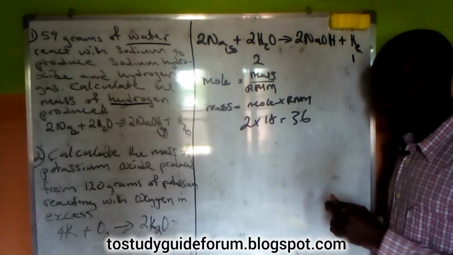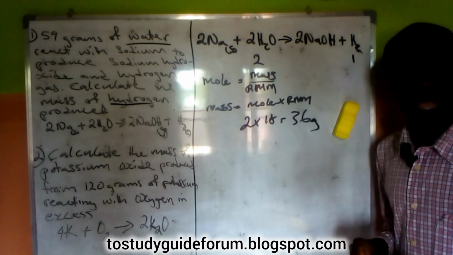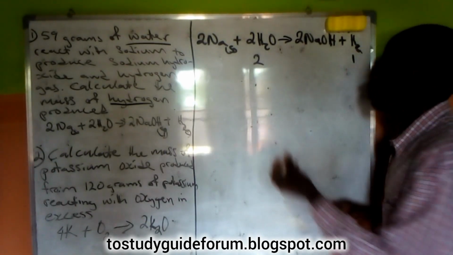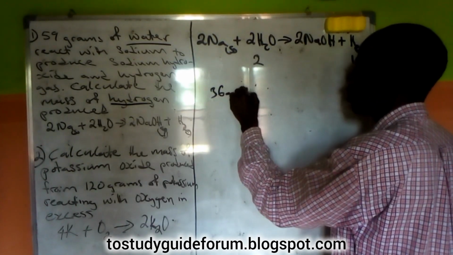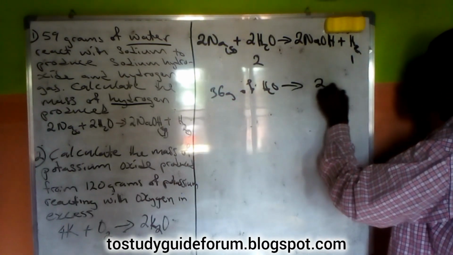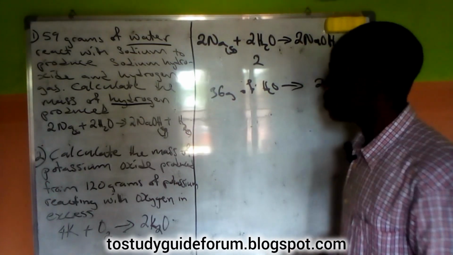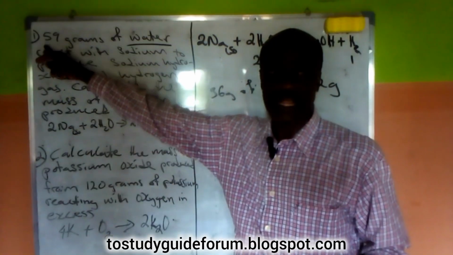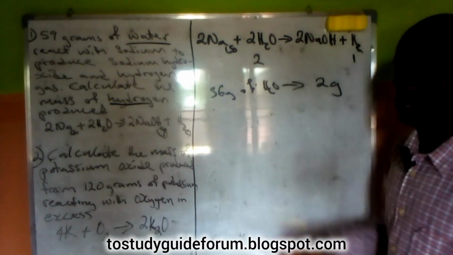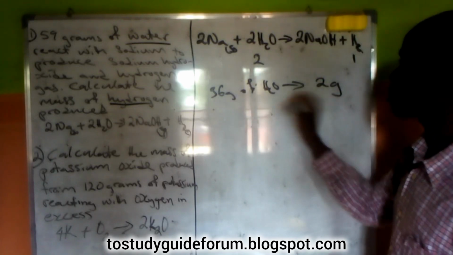So let's just go to the question itself, how to use this information we have already. We have this one to be what? 36 mass. So then what we are doing again is that since we know that 36 grams of water will give us 2 grams of hydrogen. So what will this 59 grams give us? 59 grams, remember this is from the balanced chemical equation that we have. From the balanced chemical equation we notice that 36 grams of water will give us 2 grams of